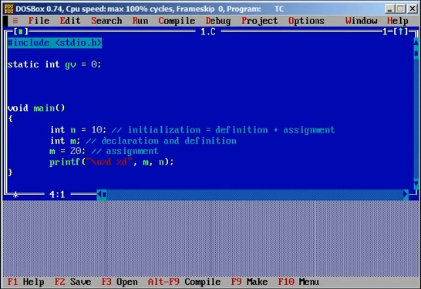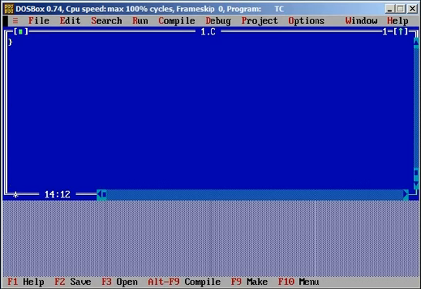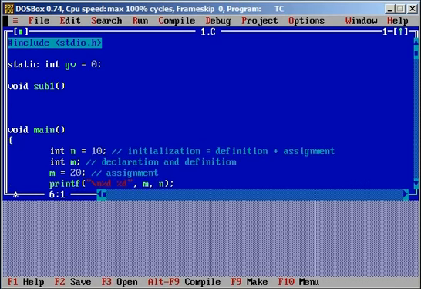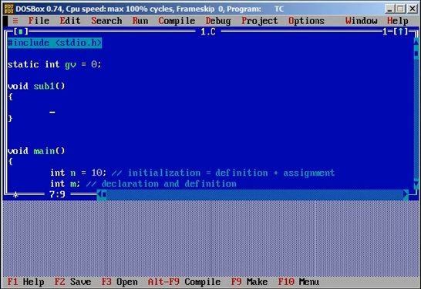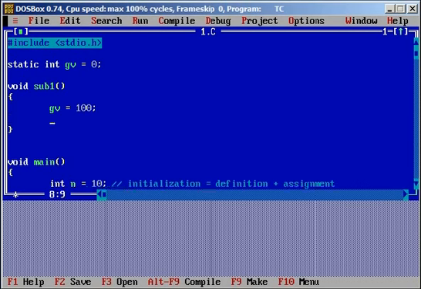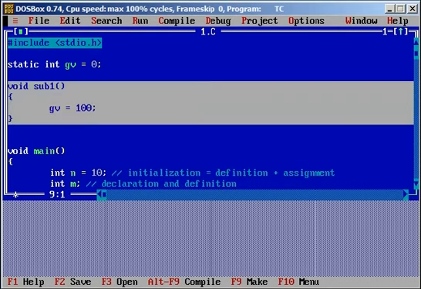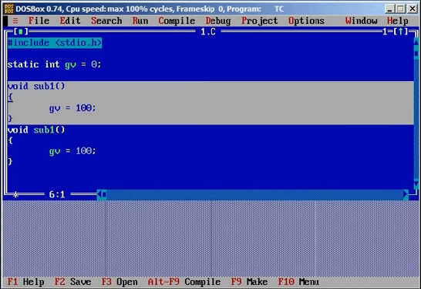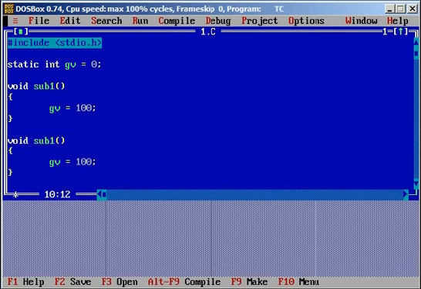Suppose I start with static global variables first. This gv can be used in void subfunction 1, where I am saying gv equal to 100, and I am writing another subfunction, subfunction 2,